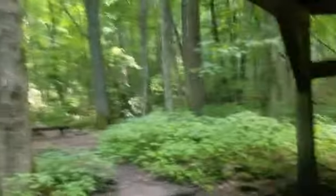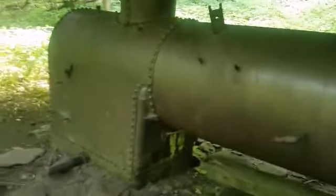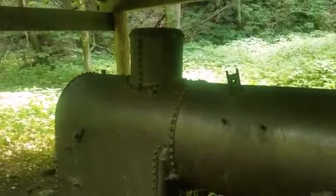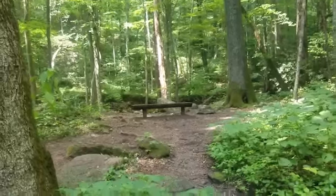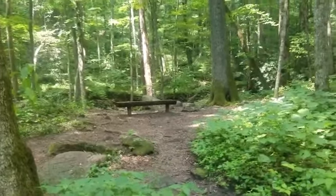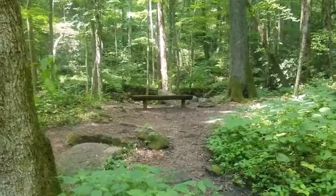It's along the lower trail on the way up to the Cascades. A big old steam boiler from the logging days of yesteryear. And over there is a little bench. You see those little benches all up and down the trail here, where if you're having problems you can stop and rest. But anyway,